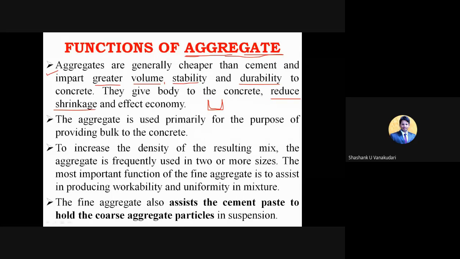When you have used only cement and water paste, after the absorption of the water by the cement, what happens is a change in its shape, which is going to shrink. Clear? I mean the shape of the concrete is going to shrink from the original one. So to avoid the shrinkage, we can use these coarse aggregates. And since it is cheaply available, you can save the major cost of the construction or the concrete.